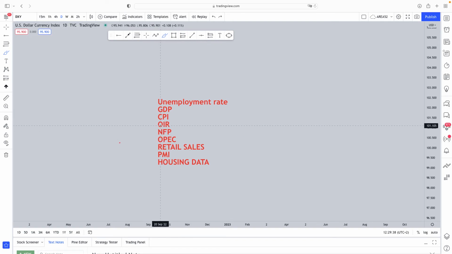Now, while the portion of the economy that a country's housing sector contributes may vary, it is usually pretty high. Hence, as retail traders, you should keep your eye out for vital statistics about the country's housing market when you are trading that currency as well. So if you are trading the US dollar, it's important that you keep your eyes on the housing data as well.